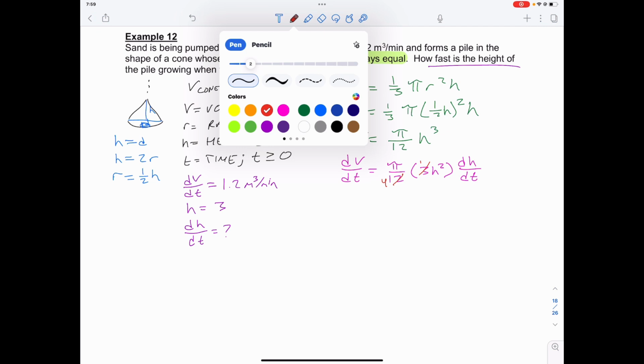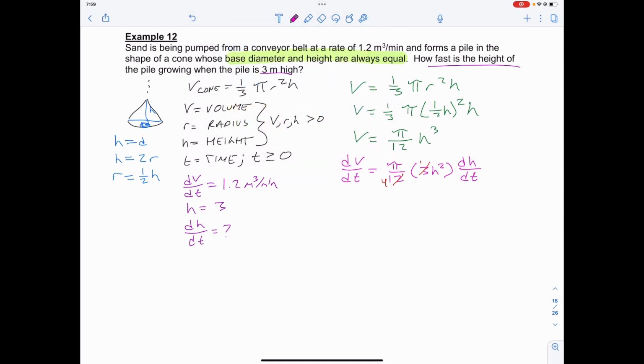And I'm going to sub in the values that I know. 1.2 is equal to pi over 4 times 3 squared times dh over dt. Now, I'm going to rewrite 1.2 as a fraction. So I'm going to say that would be the same as 12 over 10 to get rid of the decimal, or 6 over 5. I'm going to square that 3 to get 9. So I have 9 pi over 4